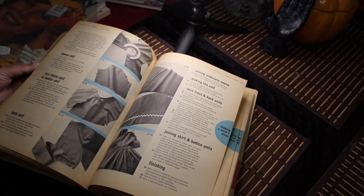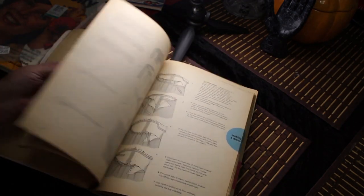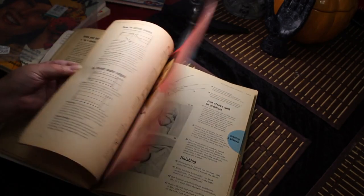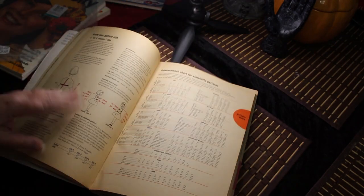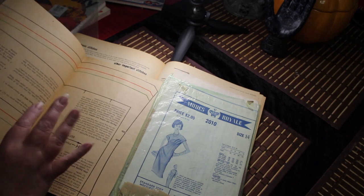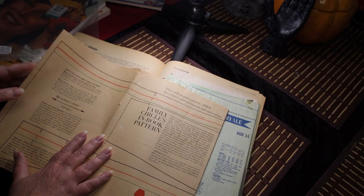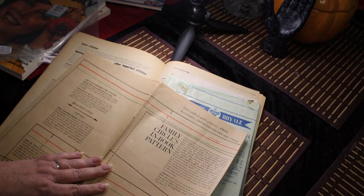Standard things like joining a skirt to a bodice, joining a sleeve unit to a bodice, making a blouse. I just find this stuff is helpful for me. And the gem of finding books like this is that sometimes there are other things inserted that are not actually part of the book. And this is from, I just saw it,